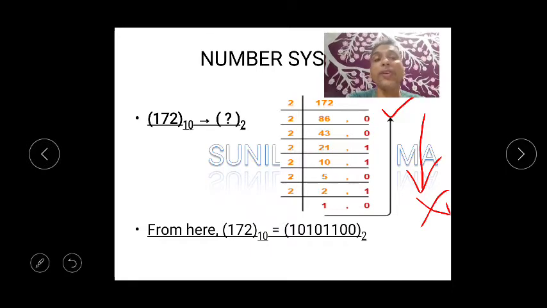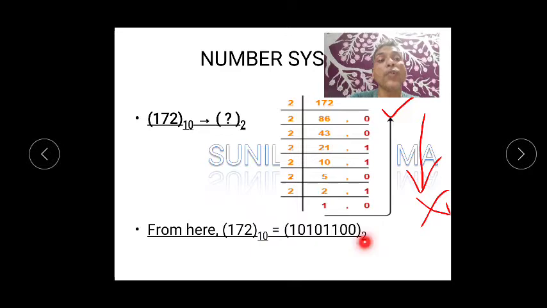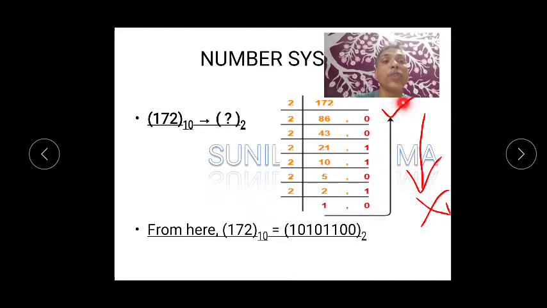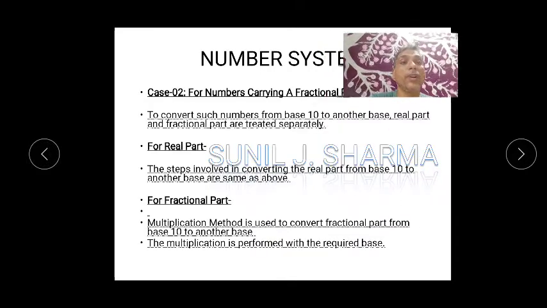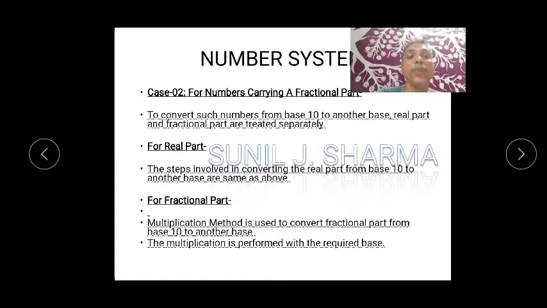Now when to move top to bottom, that also I'll teach you. And please don't forget to write the answers properly. You can lose your marks, suppose if you don't write base 2, so please mention the base, because no one can challenge you that this is your decimal number or this is your binary number. When you write base 2, that means it is confirmed that this number is binary. And binary, as I already told you, has only two digits, zeros and ones. So I hope you got this. Now the next part which we want to do is with some fractions.